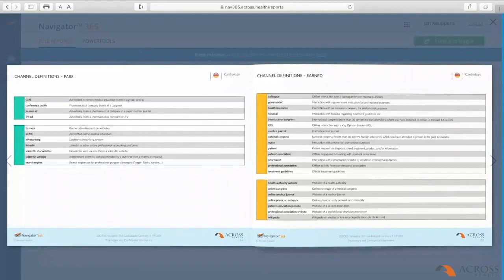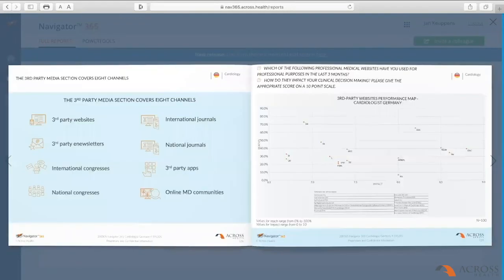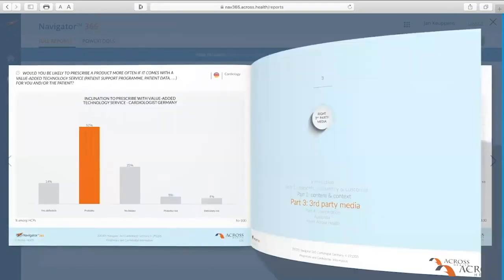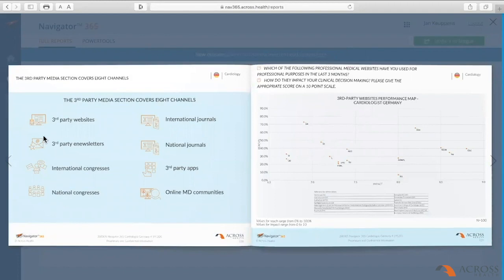In these COVID times, third-party optimization is essential. So let's have a quick look at part 3 of our market research and jump to the third-party media optimization section. Here you will see the 8 channels that we cover. So third-party media section will cover third-party websites, newsletters, international congresses, national congresses, international and national journals, third-party apps, and online medical communities. As you can see, the data is very granular and is unique for optimizing your third-party media